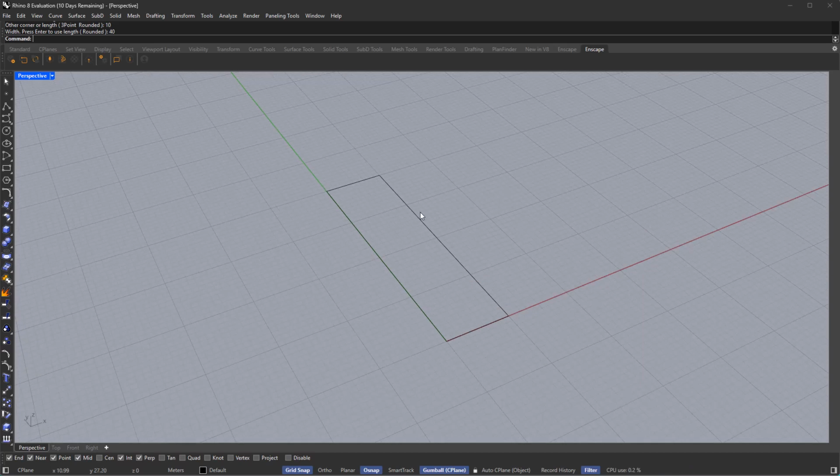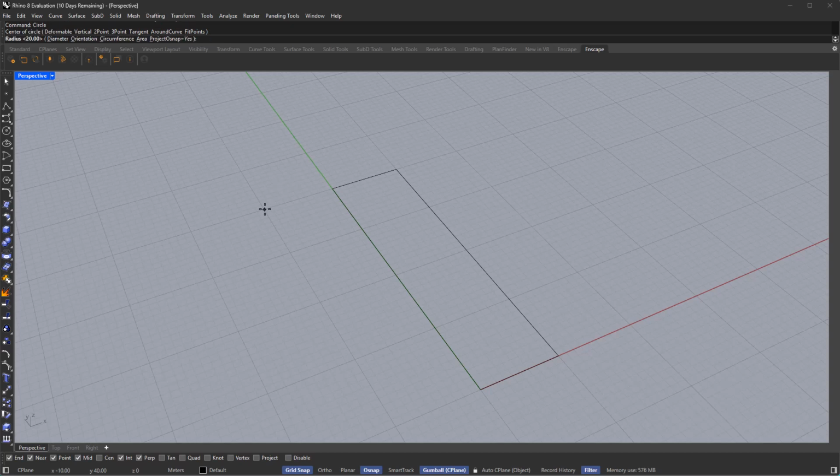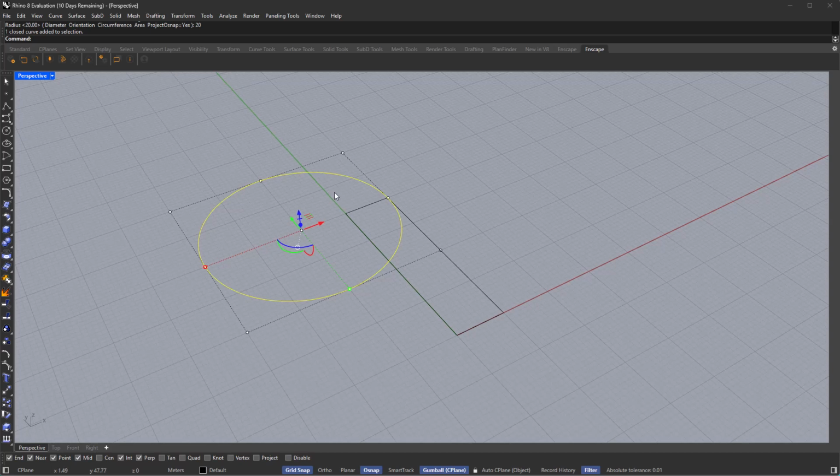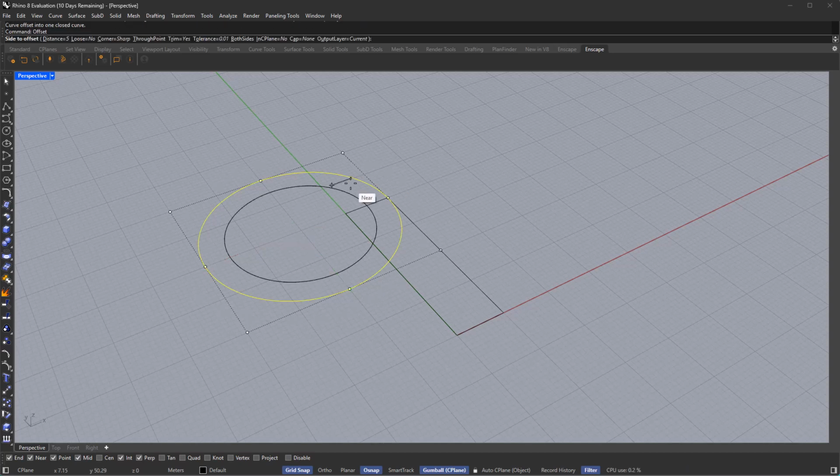Now for the second shape, it's gonna be a circle, so type in circle. I'm going to head out over here, so 10 meters away from our rectangle, and I'll be using a radius of 20 meters, like so. Now I'm going to select the circle, and I'll be offsetting it first by 5 meters, and then I'm going to again hit the spacebar to repeat the last command, because now I want to offset this circle by 2